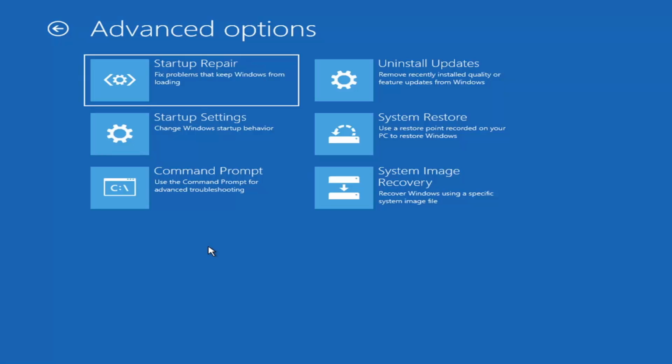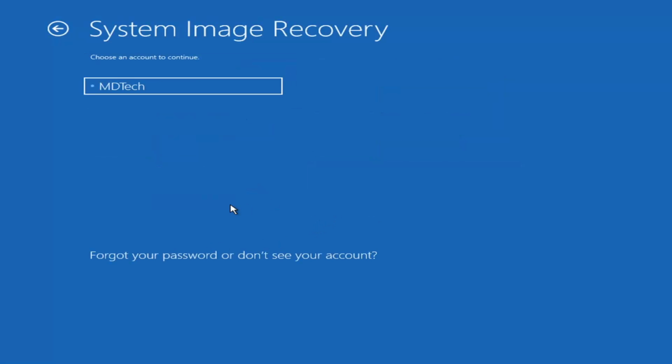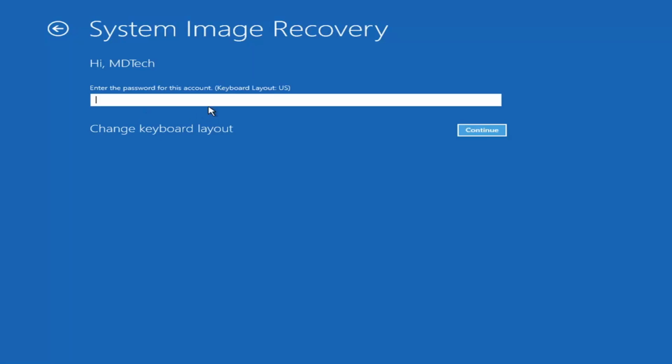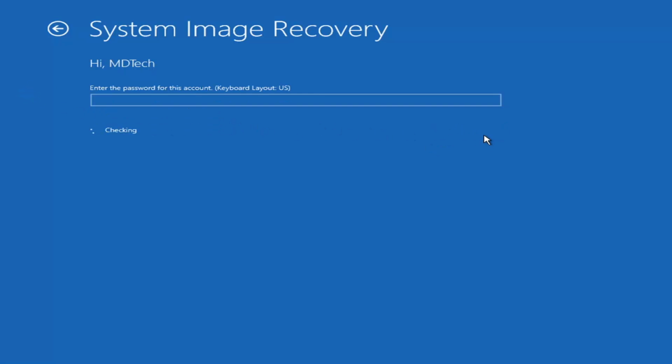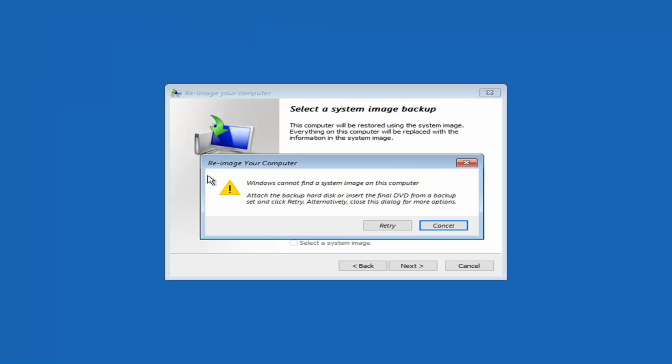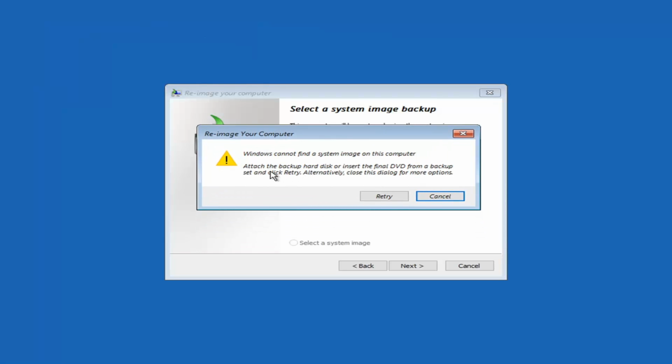Another thing too, you can try the system image recovery option, which, if you have a saved CD or DVD of a backup, you're welcome to do that. It's more common if you had an older version of Windows, like the Windows 7 backup and recovery option. Not as common, most of you guys probably don't actually have that here, but I will just go ahead and type it in, select continue. Actually, I think I don't even have a password on here. And anyway, you can see there's no system image on this computer,